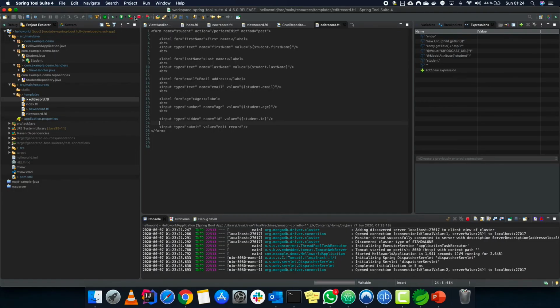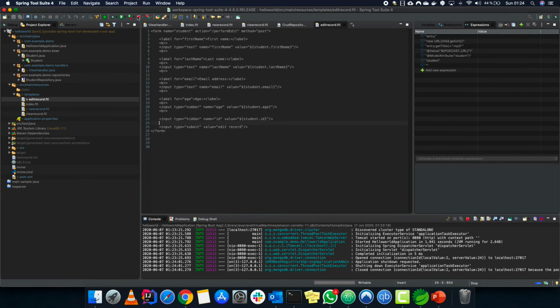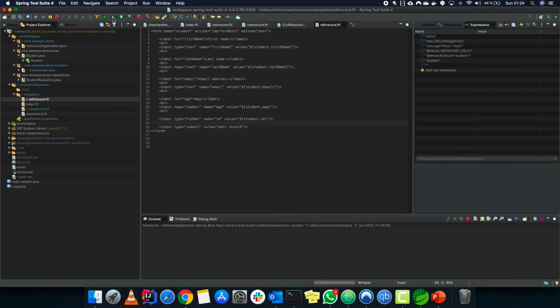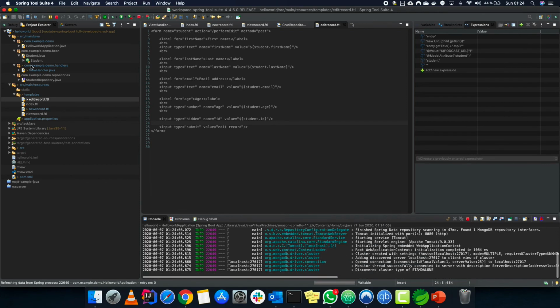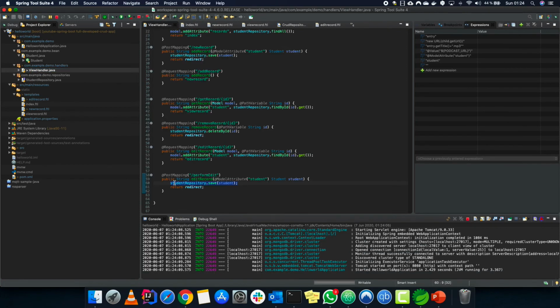Now let me show you the magic with the debugger. So let's end it, use the debugger, go to the view handler part, put a breakpoint here. Now let's go to the get and click the edit.